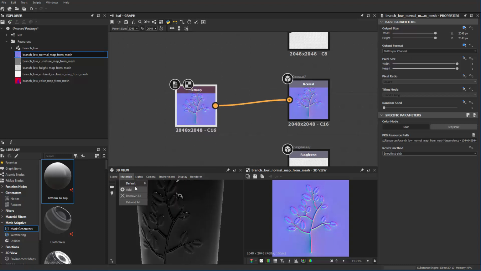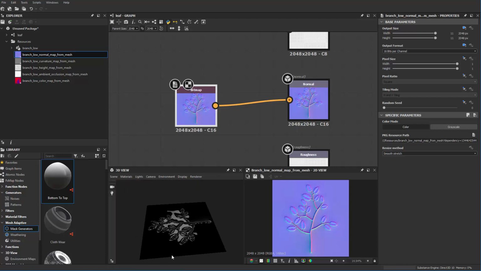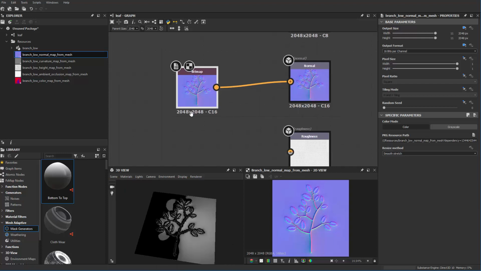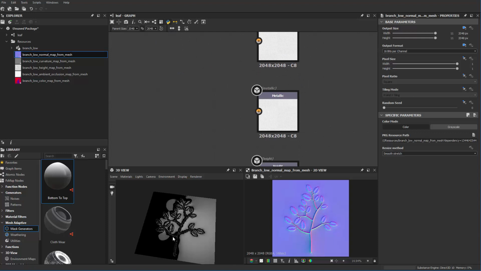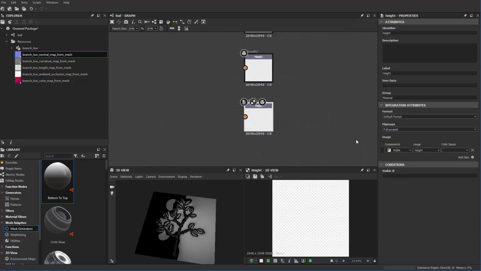We can change the scene to, let's see, plane RS. Should be fine, or plane OS is also okay. We don't need to deal with height map anyways. I want to also create an opacity, so let me just double click on the height and change the name to opacity,